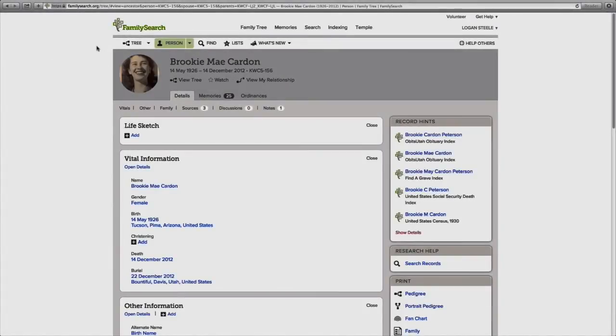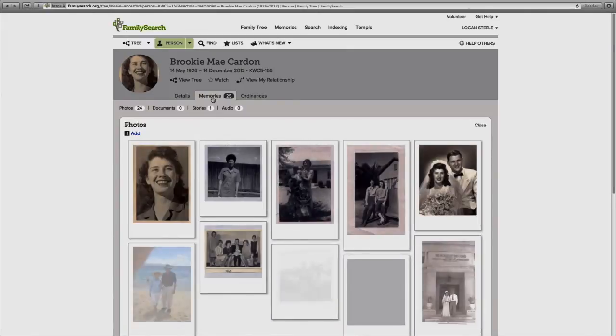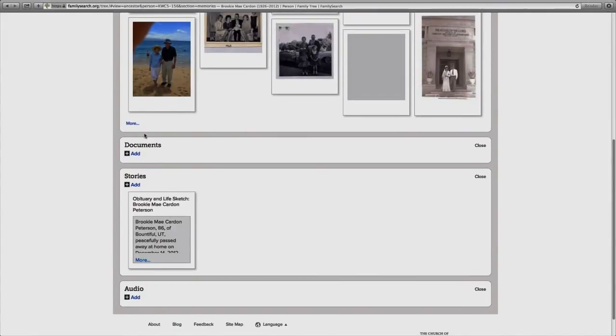Okay, we're back to Graham's homepage here, and it's just pictures and status updates. This is Facebook for people that can't make Facebook pages anymore. That's all it is. And you're linking people together. You're making her a friend file, whatever. All right. So we looked at the memories. We know that consists of photos, documents, stories, and audio. We learned how to